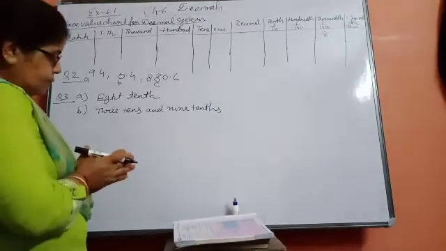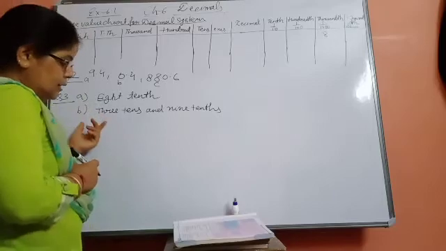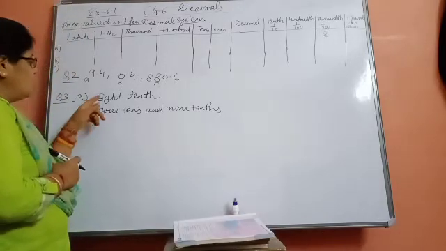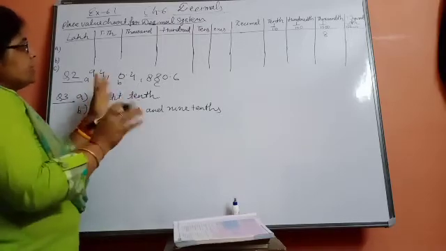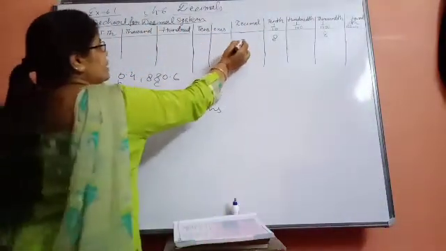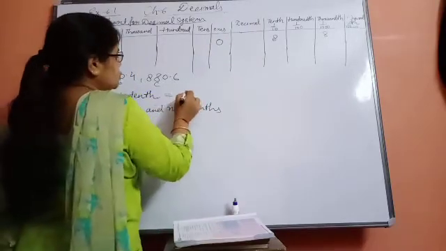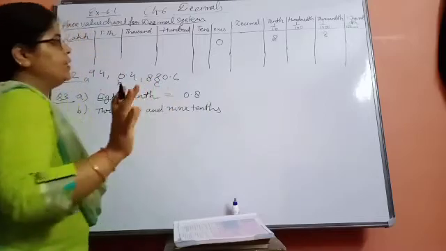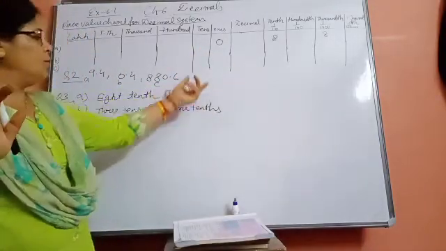Now see that beta, come to question number 3, that is write the following as decimal. And what is given? 8 tenth. 8 tenth means 10th only in 10th, what we have? 8. So here in ones column we don't have anything, so how will we write that? 0. It means what will be its value? 0.8. So whatever is given, only in that column, if we write, then we will get the